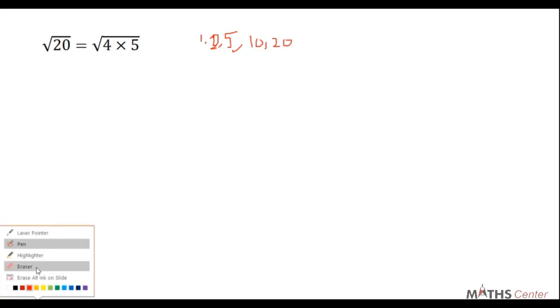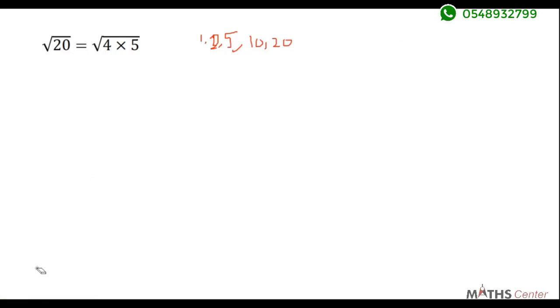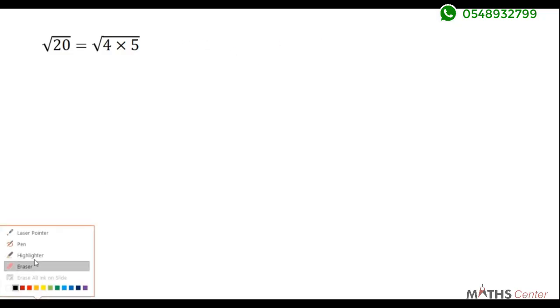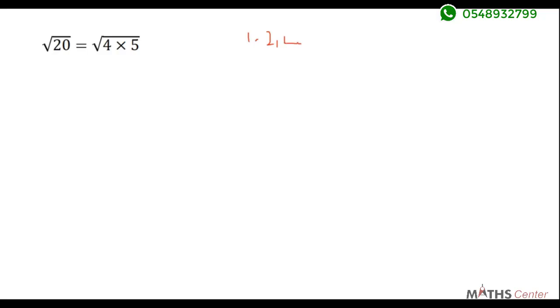So let's clean this, then we will list the factors well. So factors of 20, we are going to get 1, 2, 4, 5, 10, and 20. So we can see from here that we have 4, which is a perfect square in the factors,